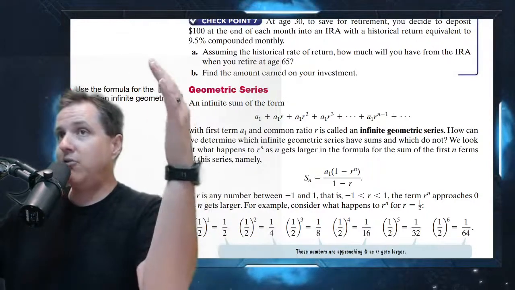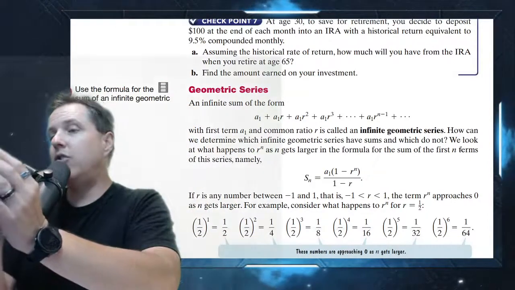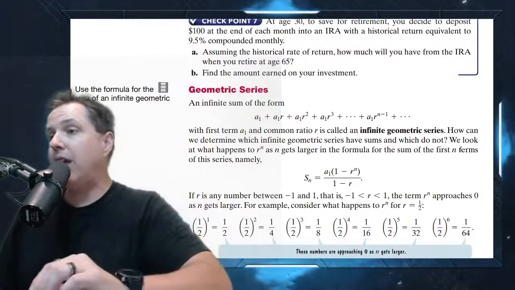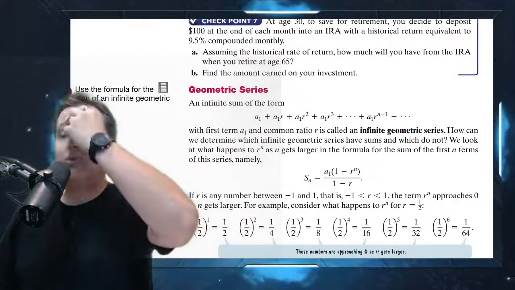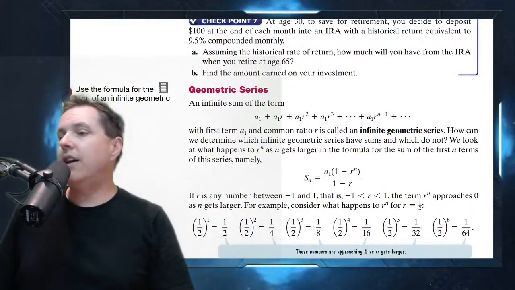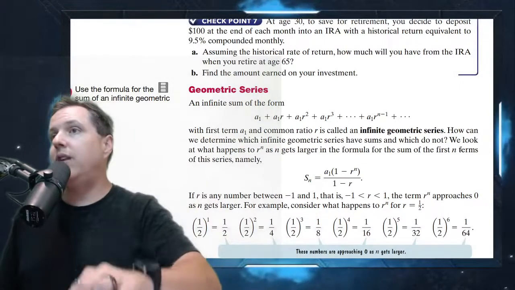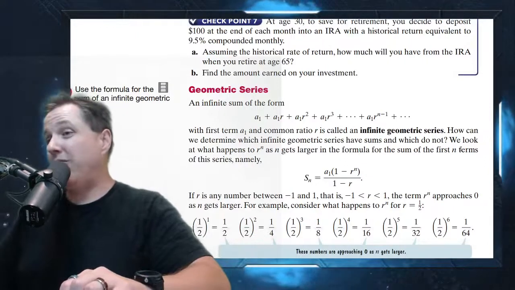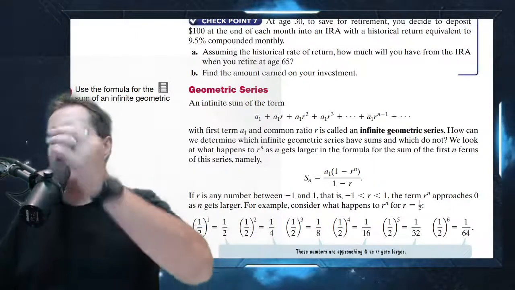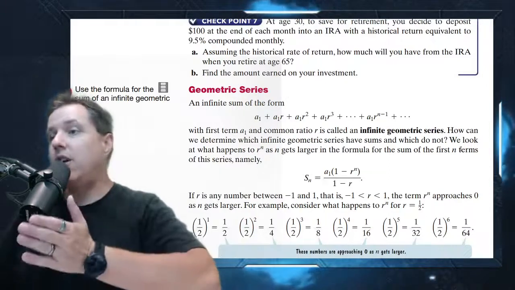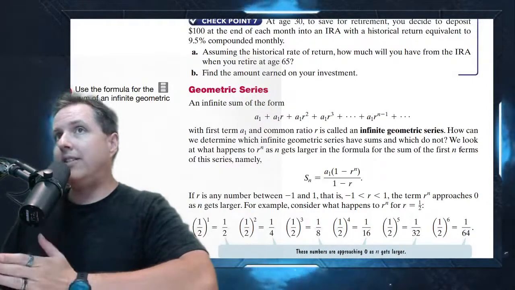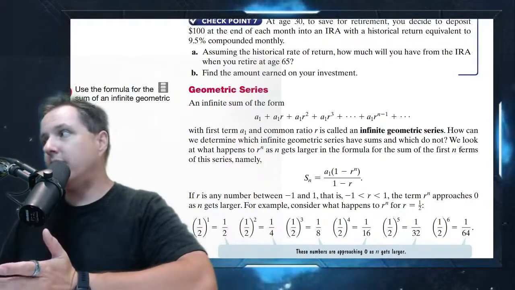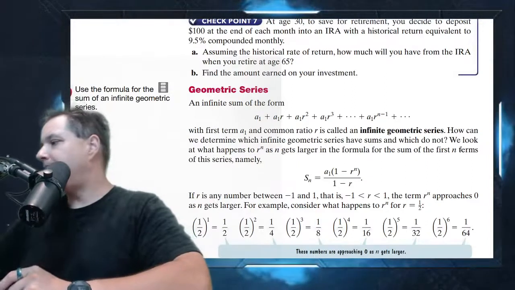You can even come up with sequences where the numbers are decreasing, but they're not decreasing fast enough, and so your sum still blows up towards infinity. If you take 1 over n, and you just keep adding the numbers 1 over n, you will not get a finite sum. They will blow up towards infinity. But if you take 1 over n squared and you add up those numbers, they will add up to a finite number. So it's kind of weird. You get two very similar sequences, but we call that converging. The one that adds up to a finite number, we say converges. The one that goes towards infinity diverges. That's the language you'll use in calculus.